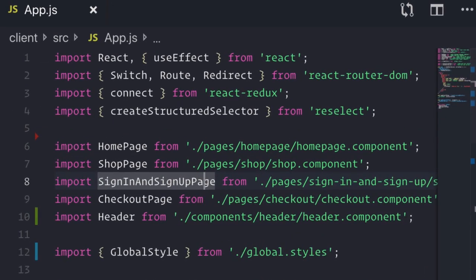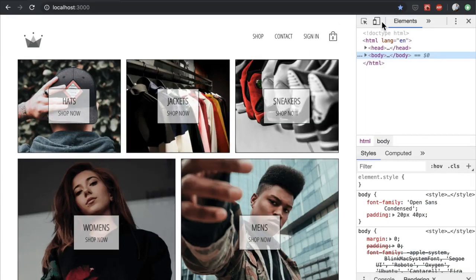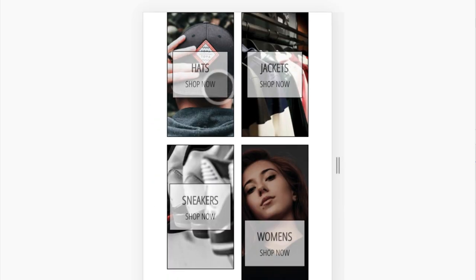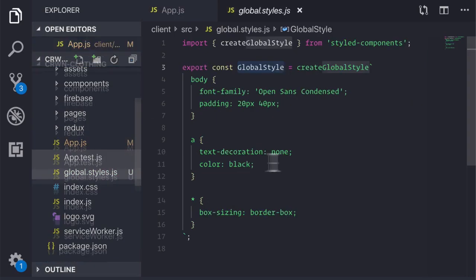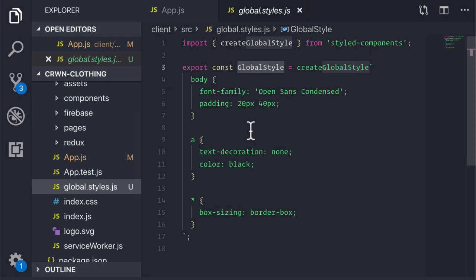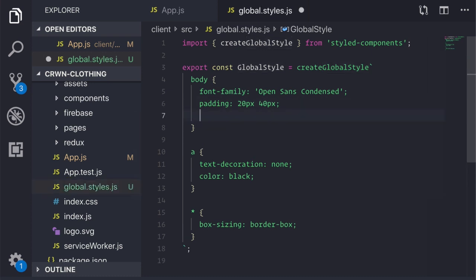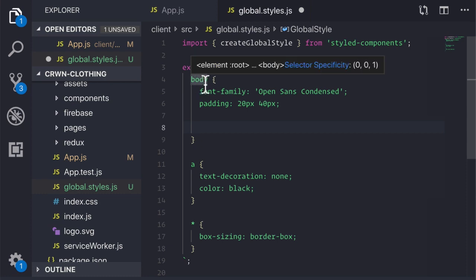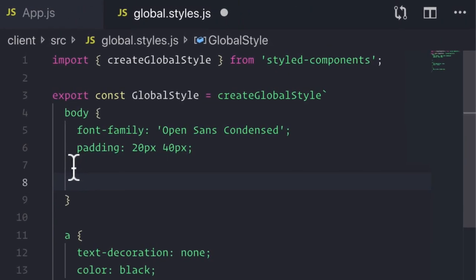So the first thing I want to do is reduce the padding on this mobile view of our application. So how do I do that? Well, I keep talking about media queries, so I'm going to show you what it actually looks like when we write them. You put the media query inside of the CSS selector that you want to modify. So if we have styled components, we just make sure to put this media query inside of that styled component